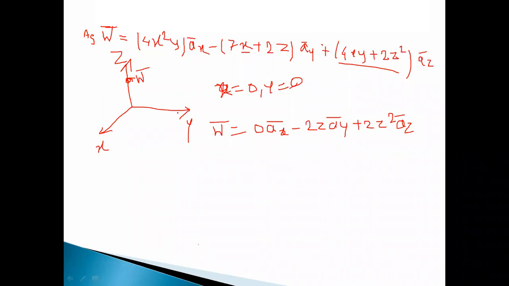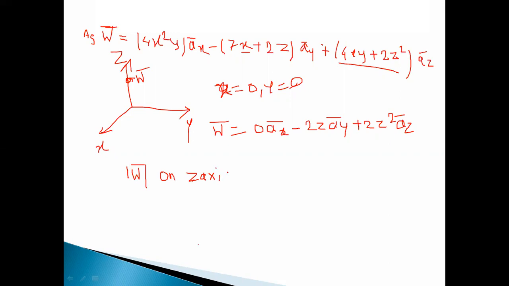Then we have to find the magnitude here. At what points on the z-axis is the magnitude of vector field W bar unity? We first have to find the mod of W bar on the z-axis. So just find this mod of W bar.